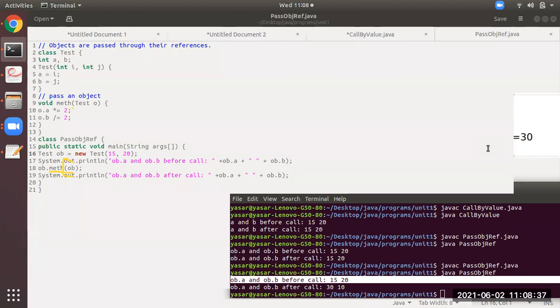Similarly, o.b when divided by 2. I'm not calculating this. You'll do it by yourself with pencil and paper. You'll practice it. When that gets divided, it will become 10. So o.b